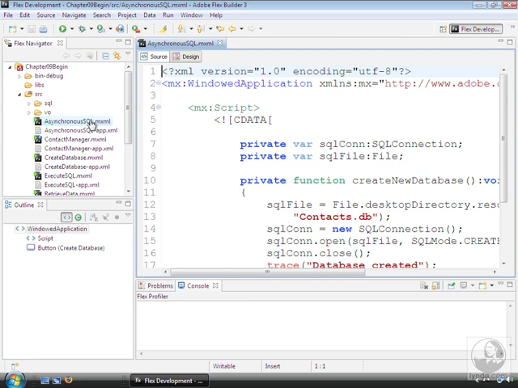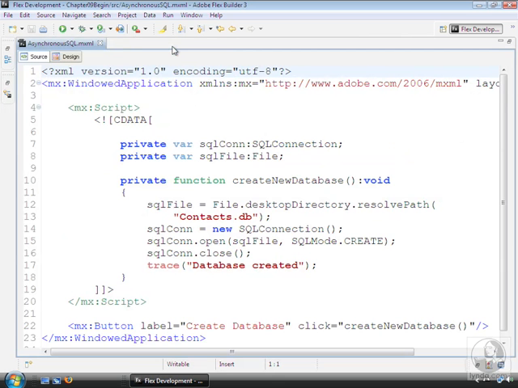For this demonstration, I'll use the application asynchronous_sql.mxml in the Chapter 09 Begin project. If you're following along with the exercises, you can open this application now. This is the same application I built in the previous video. It currently opens the SQL database synchronously, and then immediately responds by closing the connection. I'm going to change this version of the application to create a new copy of the database, which we will